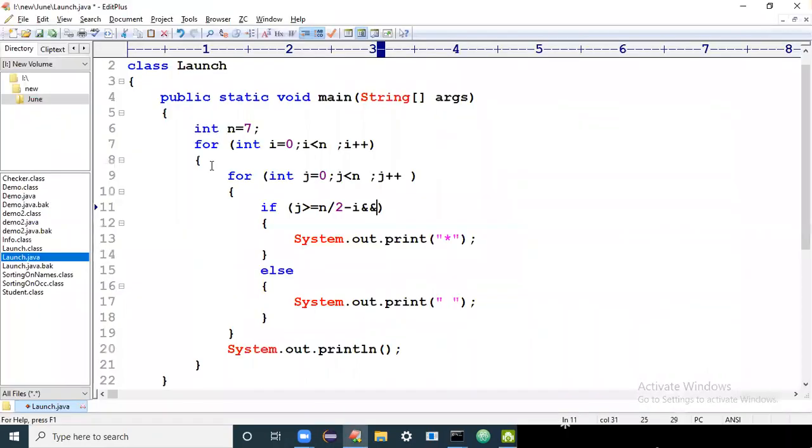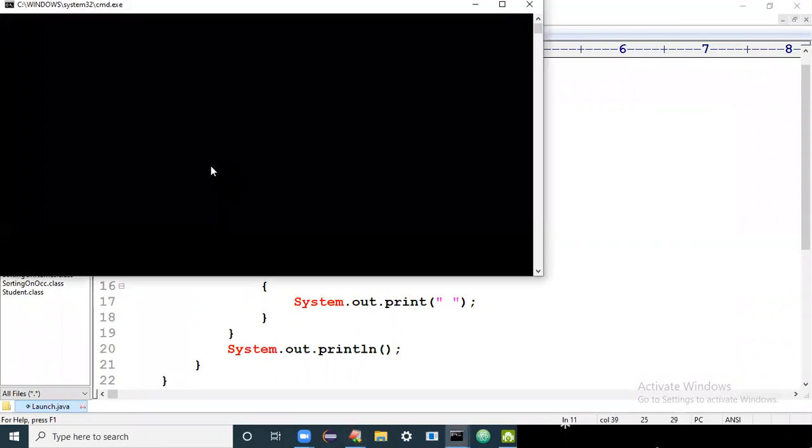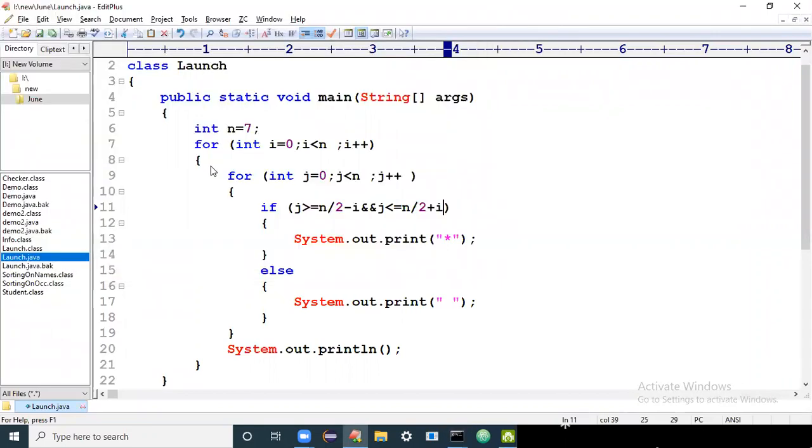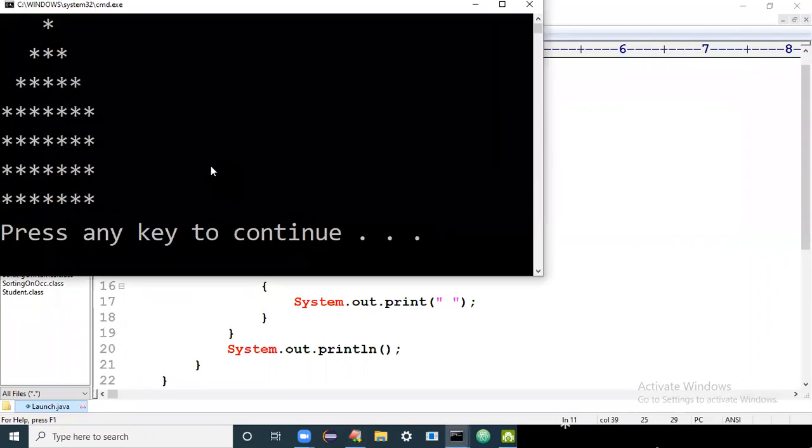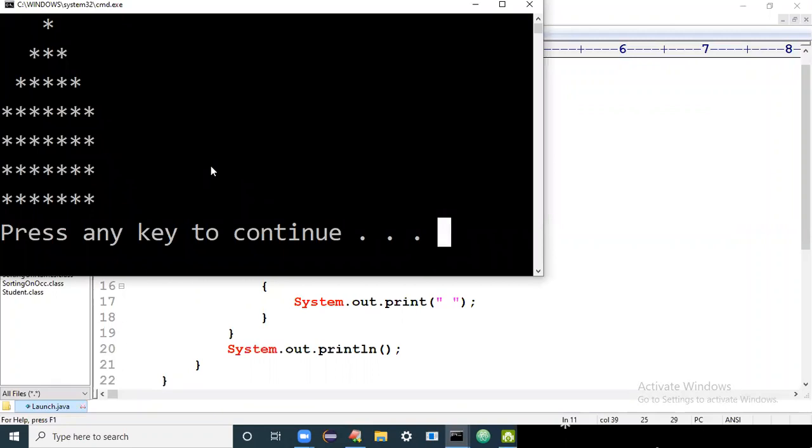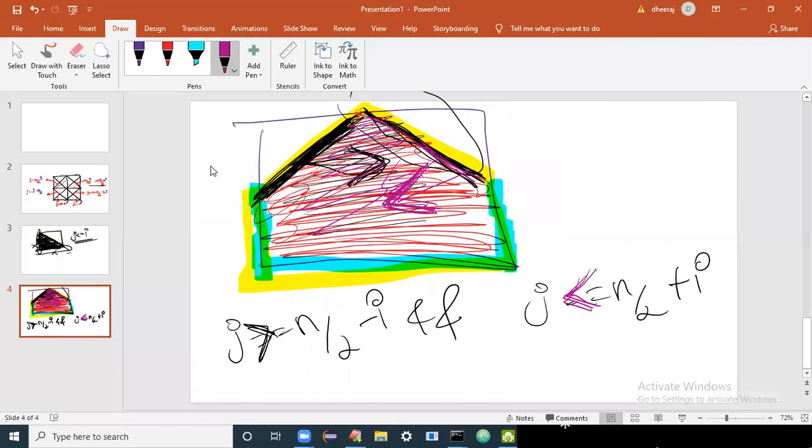Now watch the output which I'm going to get. I'll get a house pattern like this. I hope you have understood. What I'm trying to tell you is this. Whenever you see an area, you have to see that area is bounded by how many lines? 5 lines. Out of those 5 lines, how many of them are on the boundary? 3 of them are on the boundary. So ignore those 3 line equations. The 2 of them are not on the boundary.